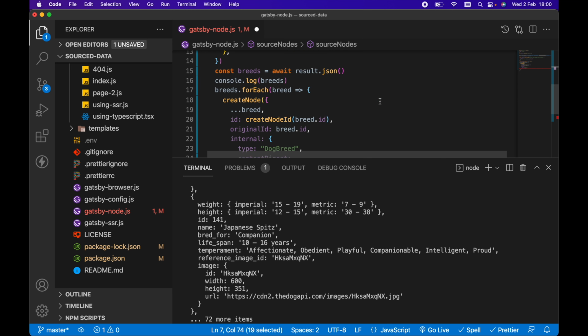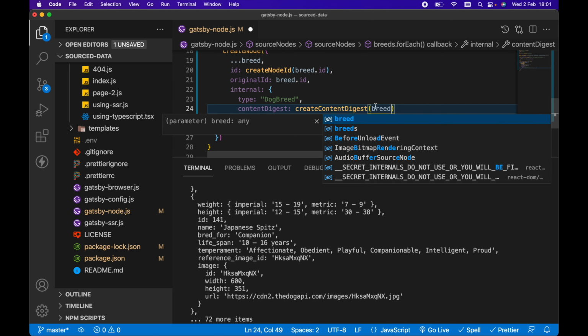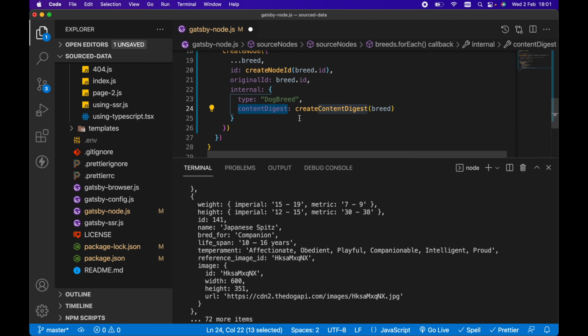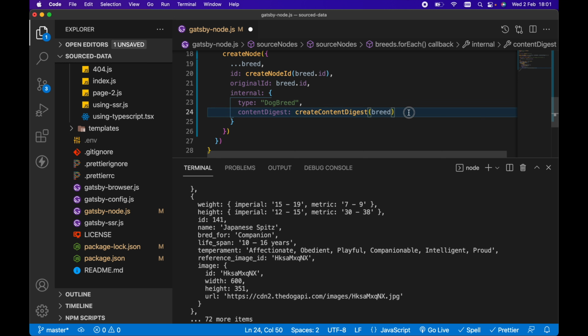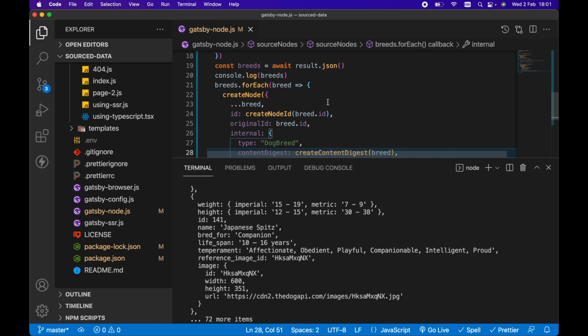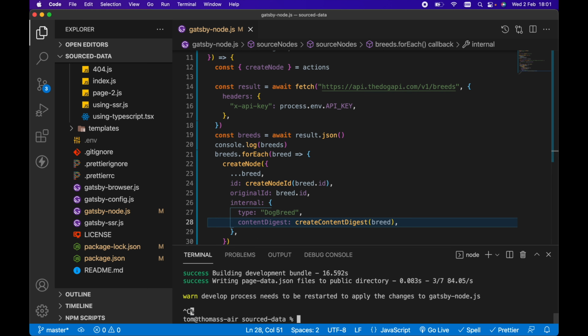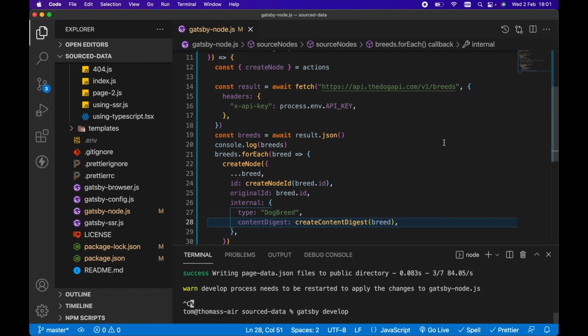And this content digest, if we set it first, then I'll explain what it is. If we go createContentDigest and just pass in the breed in there, this helps Gatsby know if our data has changed or not. So this is for internal use in Gatsby, so it may not actually need to refetch any data if our data hasn't changed. So it can use cache and things like that. So that's the only thing we need to do to actually create our own nodes and source it from our own data. So because again we've made changes in gatsby-node, let's rerun Gatsby develop